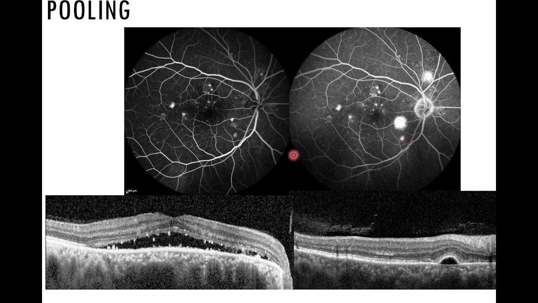Hope you all are clear. Okay, so neurosensory detachment gradually increases in intensity and size because gradual filling occurs. But in case of pigment epithelial detachment, the dye fills immediately. There is no increase in the size, but an increase in intensity occurs. Okay, so this is pigment epithelial detachment.